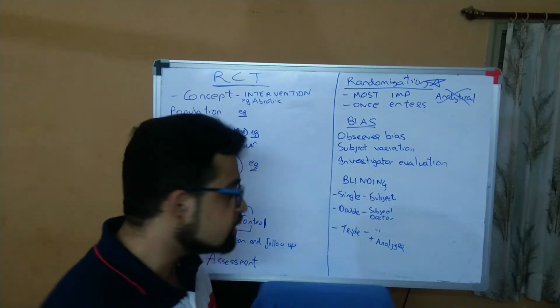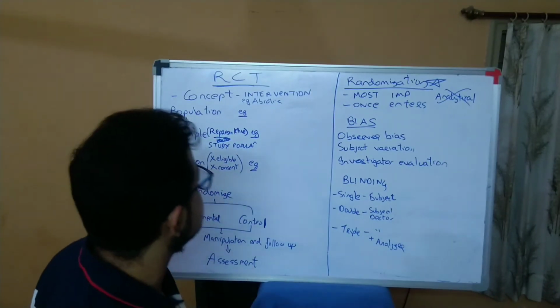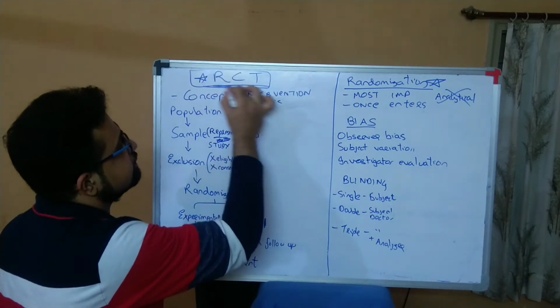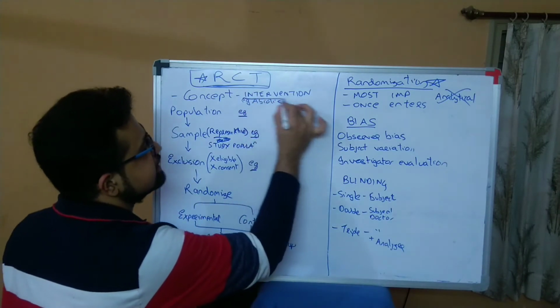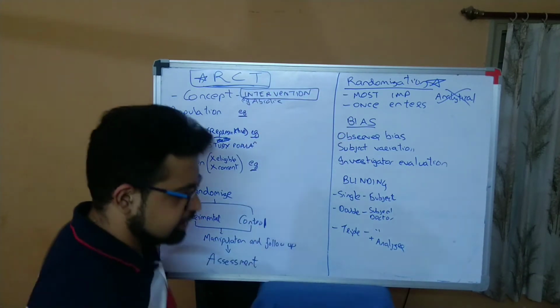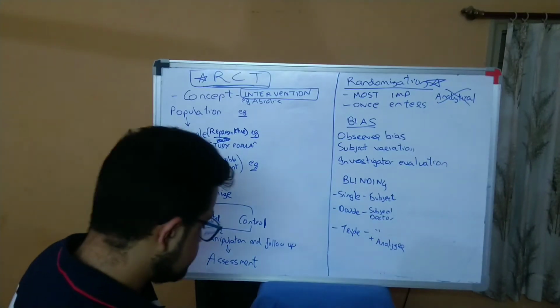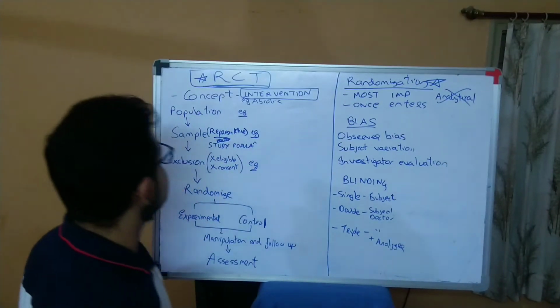You might be confused what these actually are. The answer to that question, guys and girls, lies in our last part of the discussion. That is the randomized control trial. This is known as the classical interventional study. Till now what we studied was case control and cohort. They were analytical studies, right? This is interventional study, one of the most interesting parts of the discussion, right?